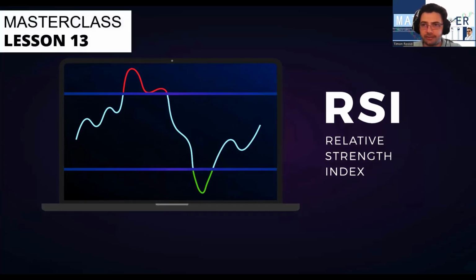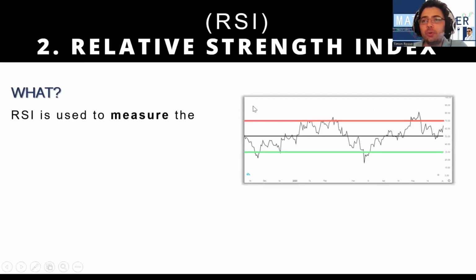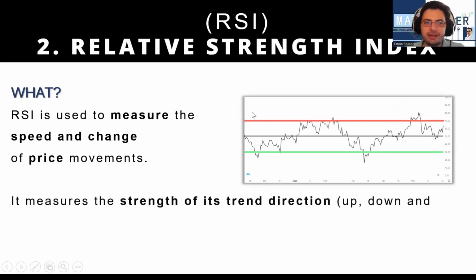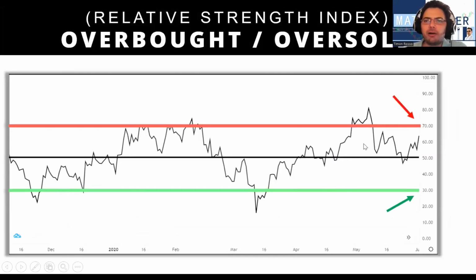Masterclass lesson 13, the relative strength index, or the RSI. So the RSI, the relative strength index, looks like this. It is used to measure the speed and change of price movements. It measures the strength of its trend direction up, down, and sideways on any market by monitoring the changes in its closing price. So what's important to note about the RSI, and we're now talking about the anatomy, is that